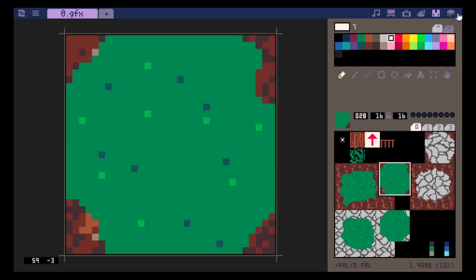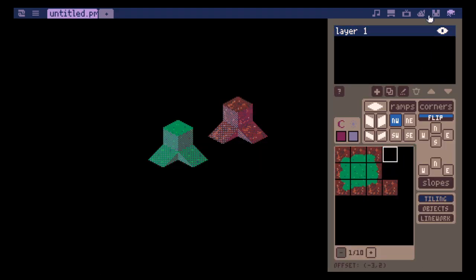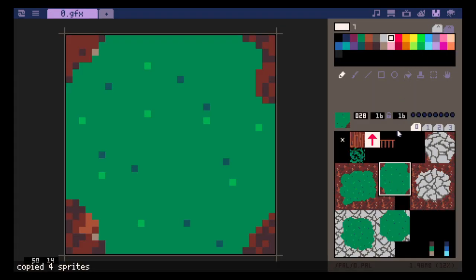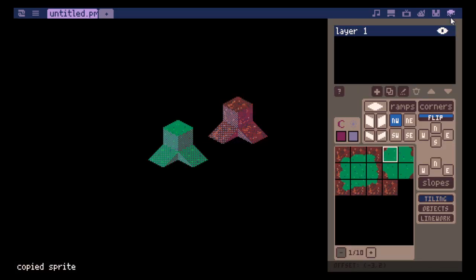Oops, grab you. Helps if you hit Control-C. And I'll grab the fence. The fence isn't really going to look great on the dirt. You should keep that in mind, what you're trying to do, because there are natural limitations to what we're working with here. Anyway, now we have some better